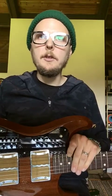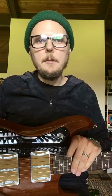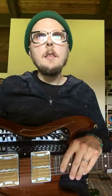Sebastian, who is a killer producer and engineer, poses the question, what do you think about the Kemper? I have spent little time with the Kemper. I have messed with the kind of main competitor of that, which is the Axe Effects, and I think that the digital modeling technology has gotten good enough that for some people it makes playing a real tube